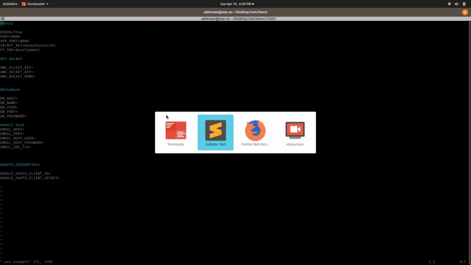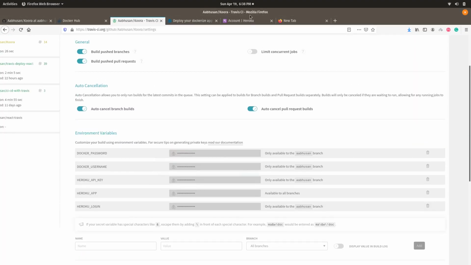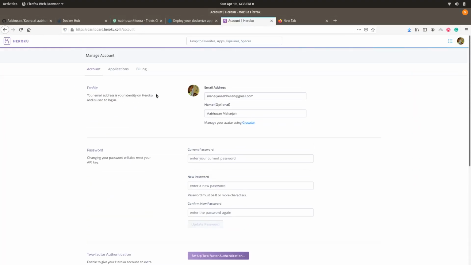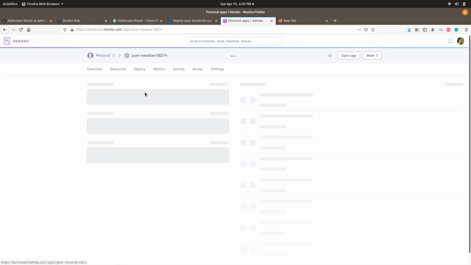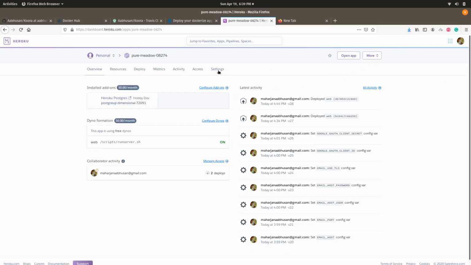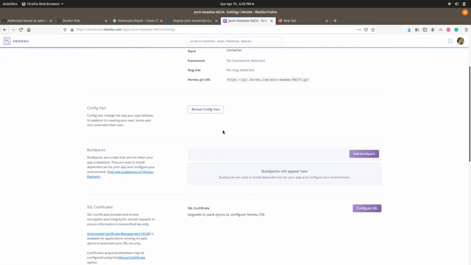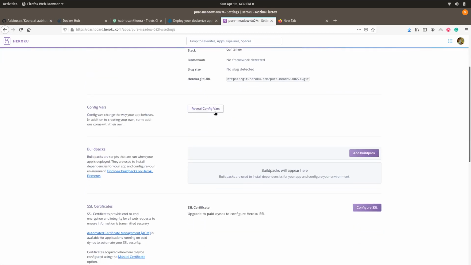Let us go to the browser, to Heroku, and go to the dashboard, and our application is this. Let's go to Settings, and in Config Vars, reveal config vars.